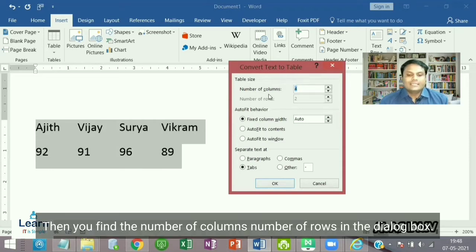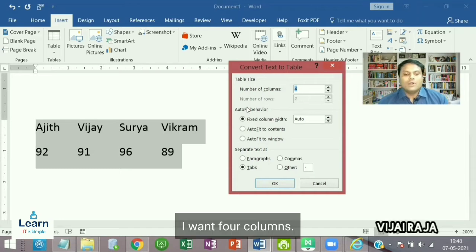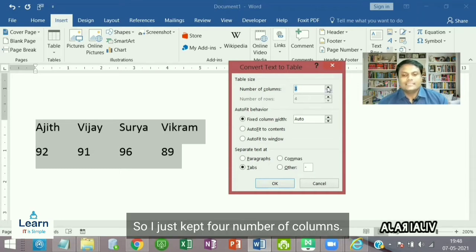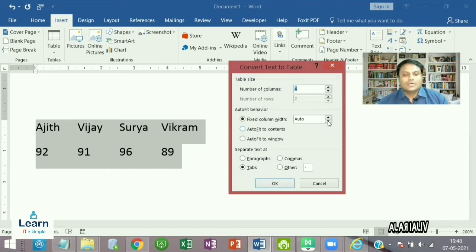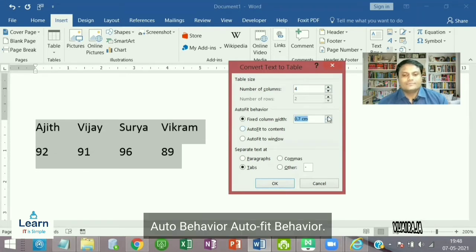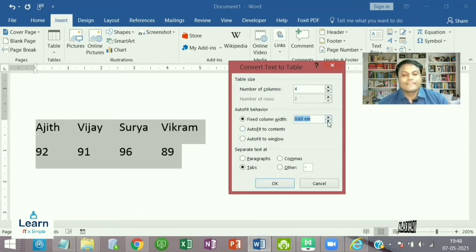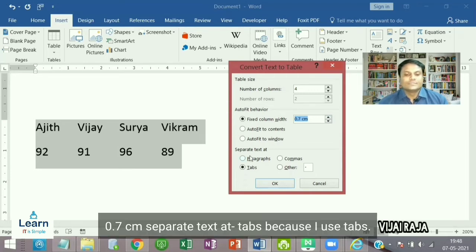There you find the number of columns, number of rows in the dialog box. I want 4 columns, so I just kept 4 number of columns. Auto fit behavior, sorry. I go for .7 centimeter.